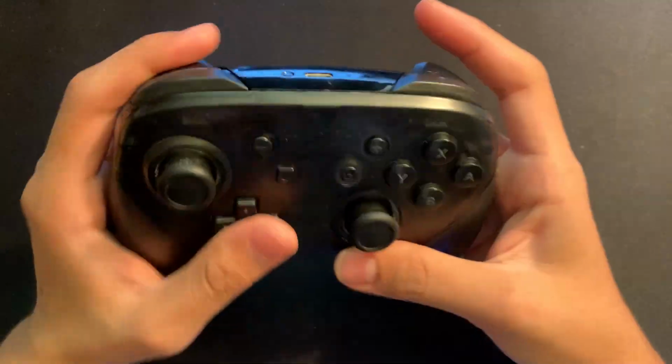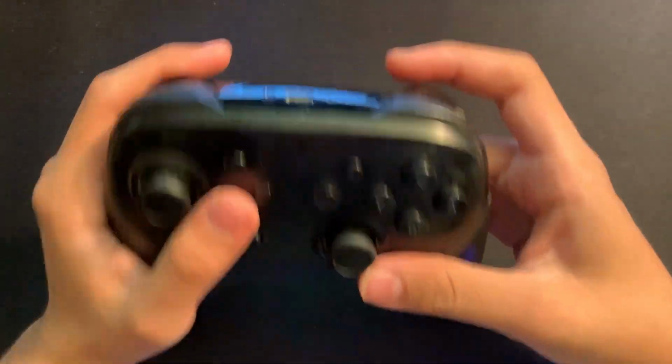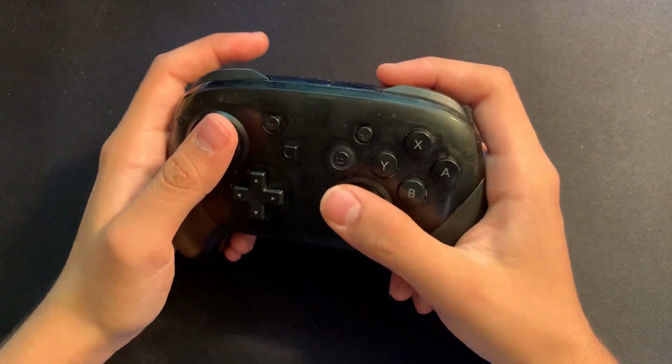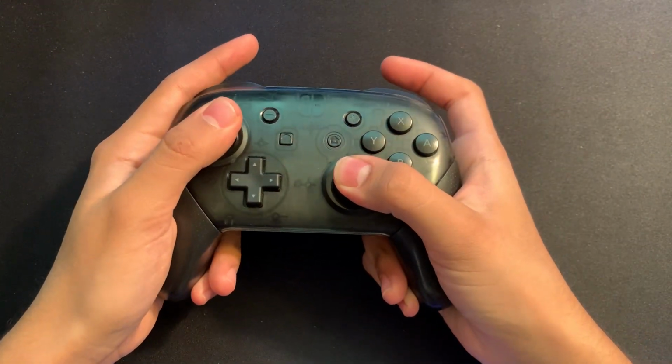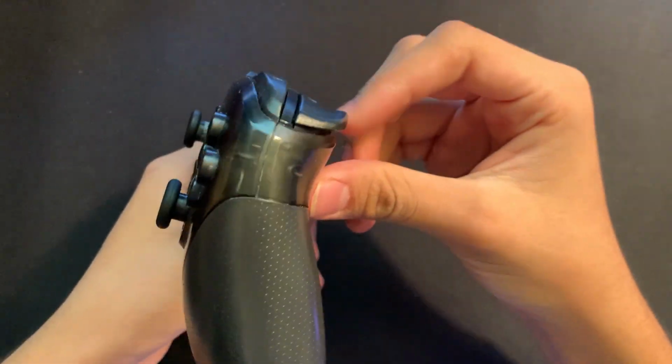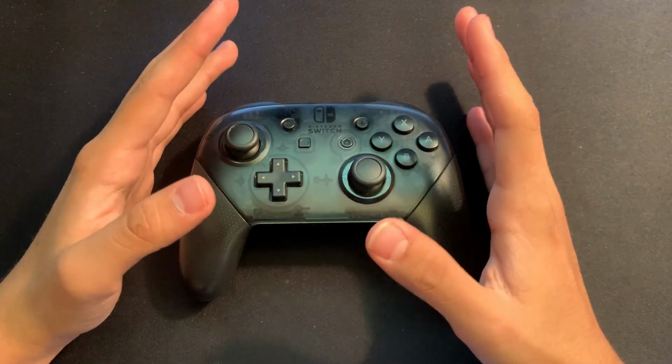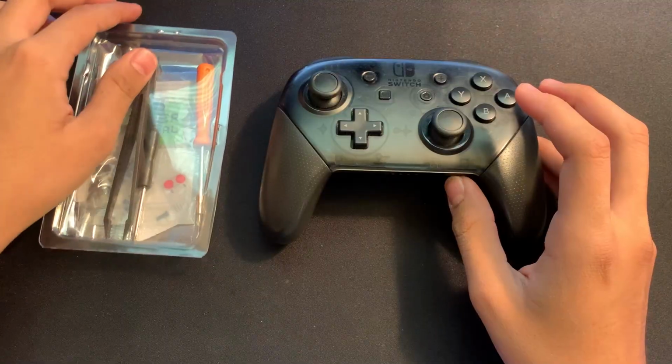But I think one of the main downsides, in my opinion at least, are the very mushy shoulder buttons right here. I always liked having the clickier button. For example, if you click the buttons right here, they're clicky, but for some reason they decided to just go with mushier buttons right here. I never really liked that, but basically I like my buttons clicky, not mushy,